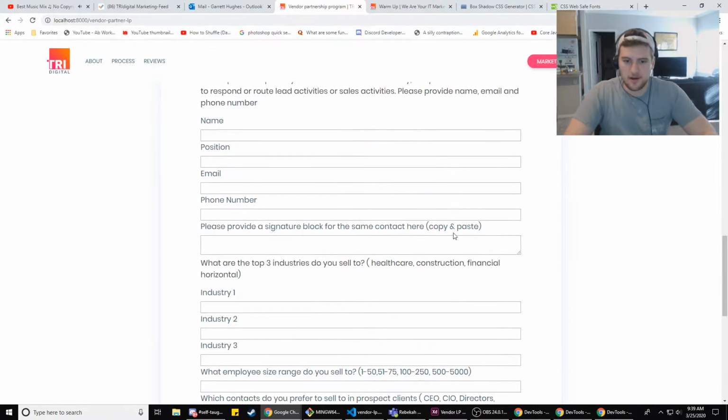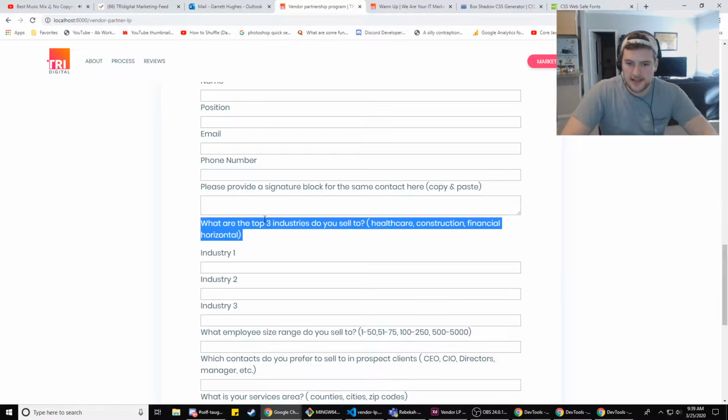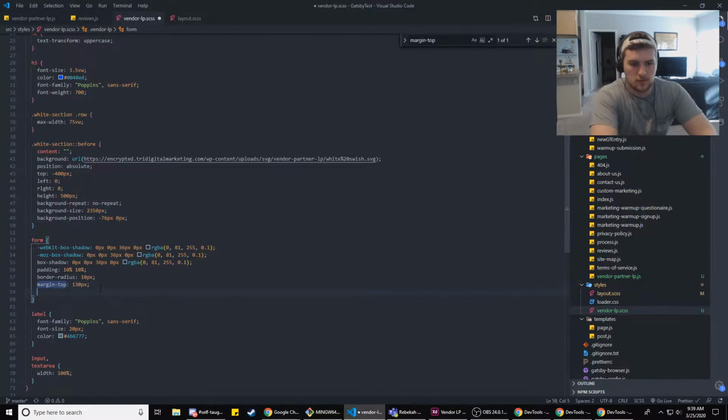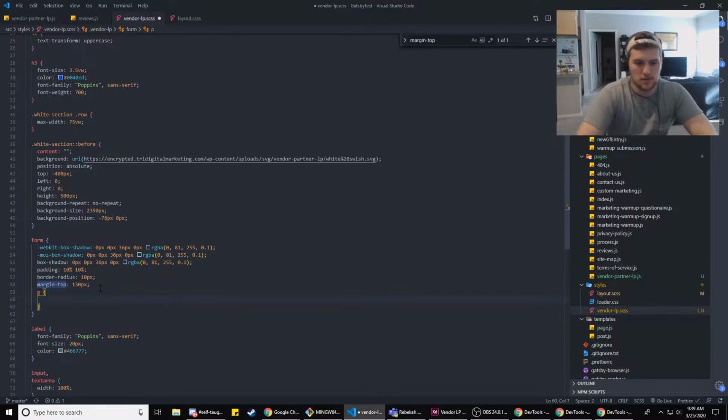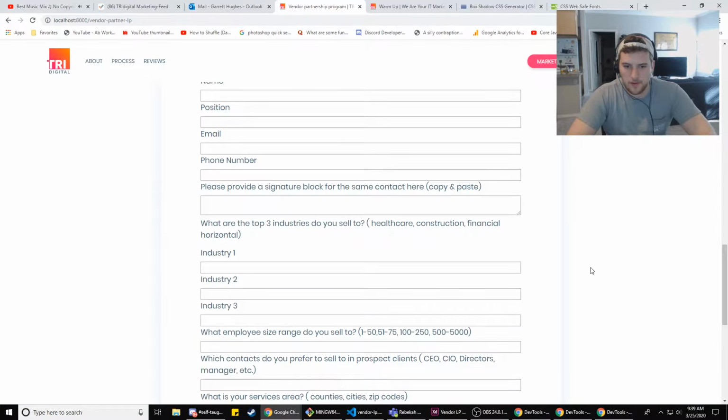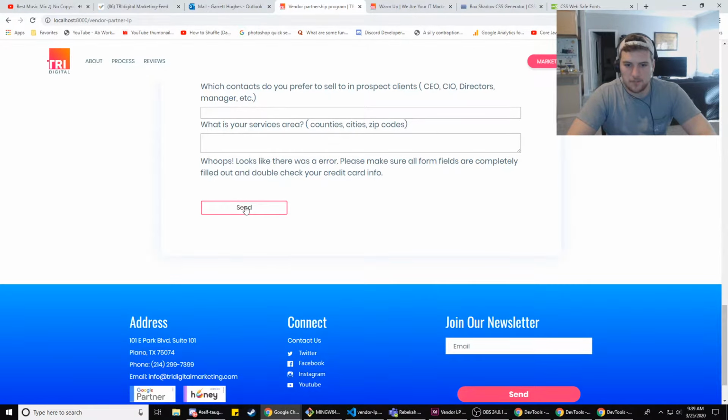Boom, that's looking better. So we need to target the P text in the form too. So we'll do P and then stick that stuff on there. There we go, that's good. Our button looks weird. Look at that button effect though, boom. That's like a great button effect.